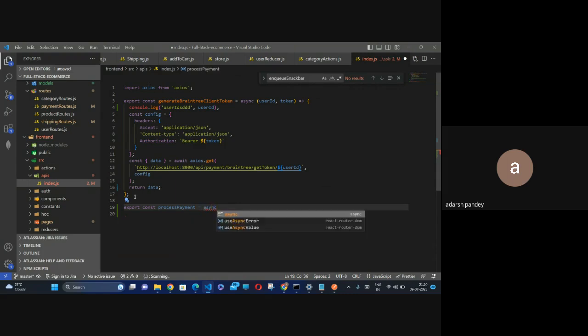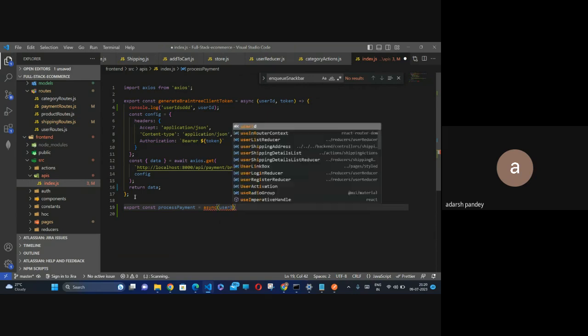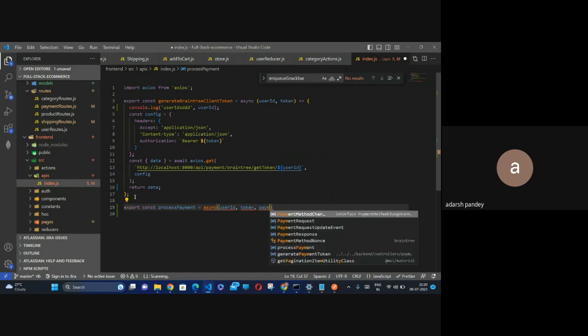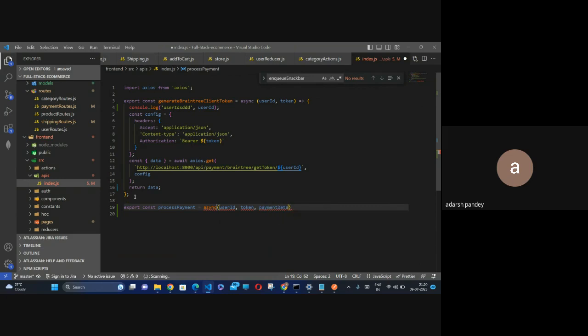It is an asynchronous type of request where you have to provide the user ID, you have to provide the token, and then you have to provide the payment data. तो ये हमें तीन चीजें प्रोवाइड करनी होगी and then we are going to make this config